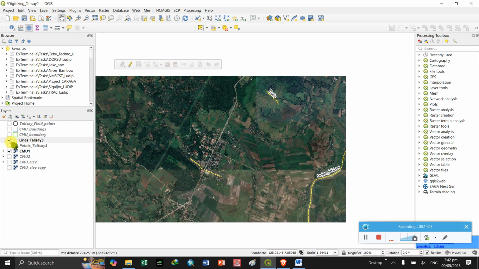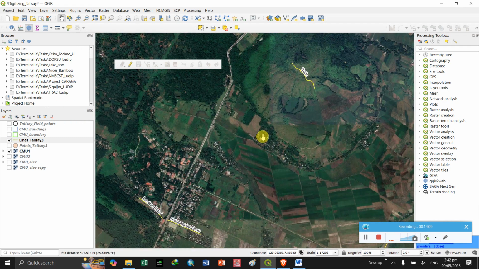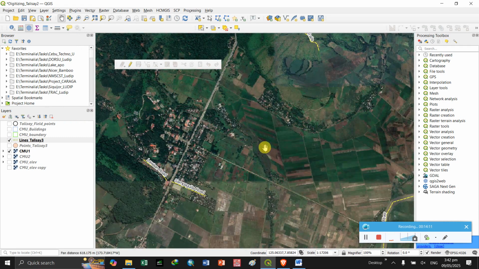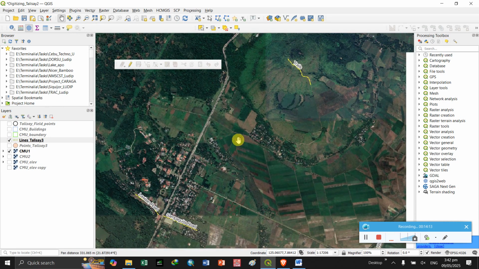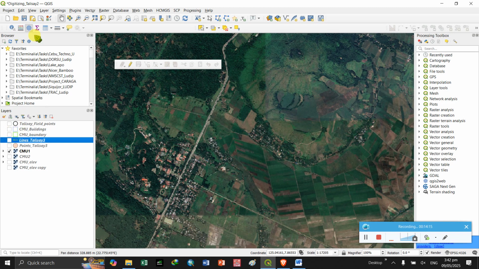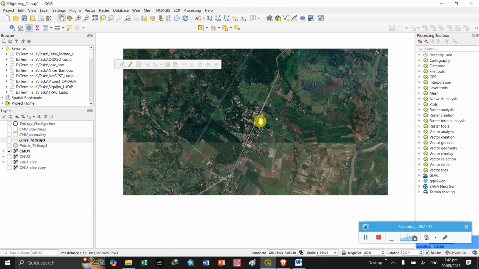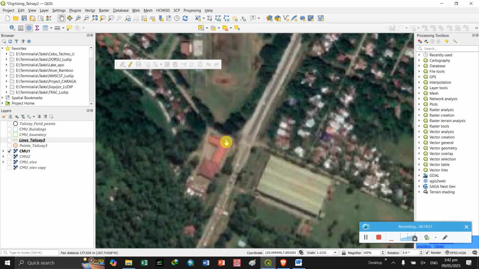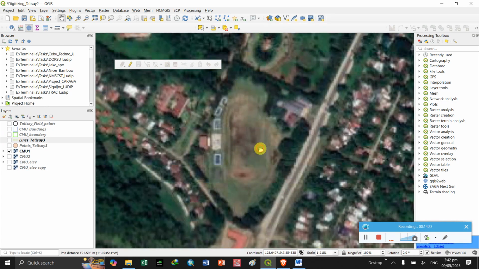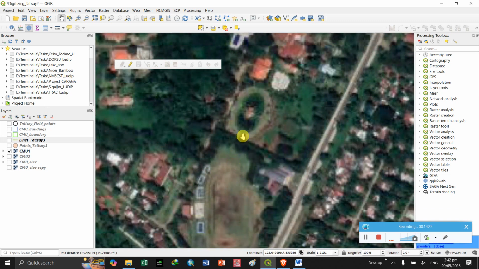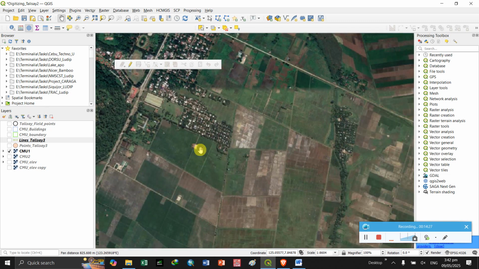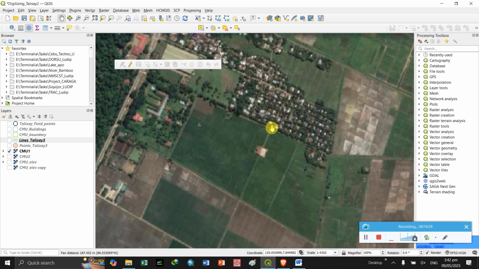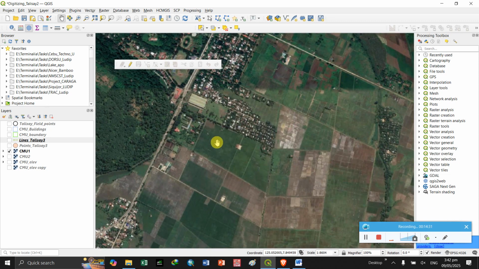Okay, so we are done with the line feature and of course the point feature, and we will now proceed with the polygon feature. Something like we can represent as a building footprint, an area, or a land parcel. Maybe same this one to this one, a gray parcel.